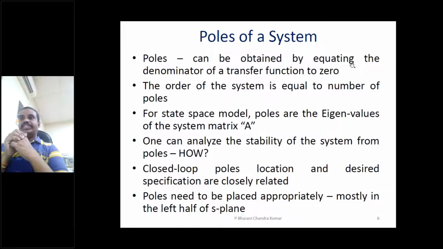And the second one is zeros. Why has the name zeros come? If you equate the numerator to 0 and substitute any of those values, which we call zeros, back into the transfer function, then your transfer function will become 0. So that's why they are called zeros. The order of the system is equal to the number of the poles. So if it is a second order system, it